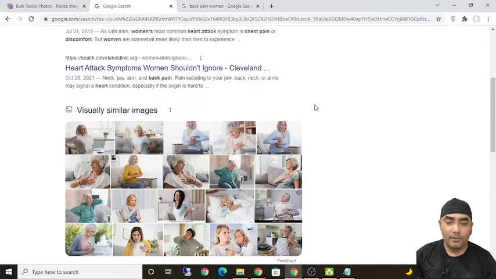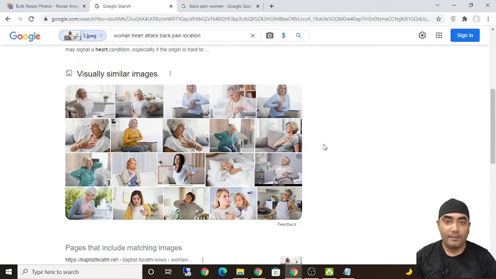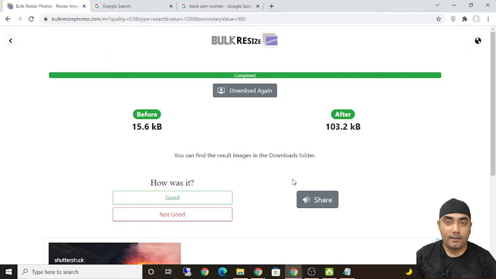But if you source images in this way, then you can get more unique images that you can use, and you can again resize those images in case you want to run in Nativo, then 1200 by 900 px. Okay, and that way you can prepare the image. So now